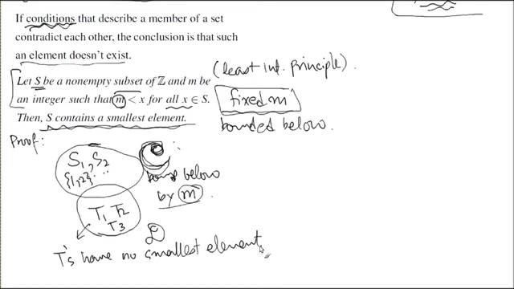Here's why. In the statement, we have this property, the bounded below property. You're not going to negate that, right? That's a given property. We want to test if they have a smallest element or not, right? So for that, we negated that. We're going to consider opposites. Like we have all possible sets that satisfy a condition. Now we're going to consider all the sets that don't have a smallest element.